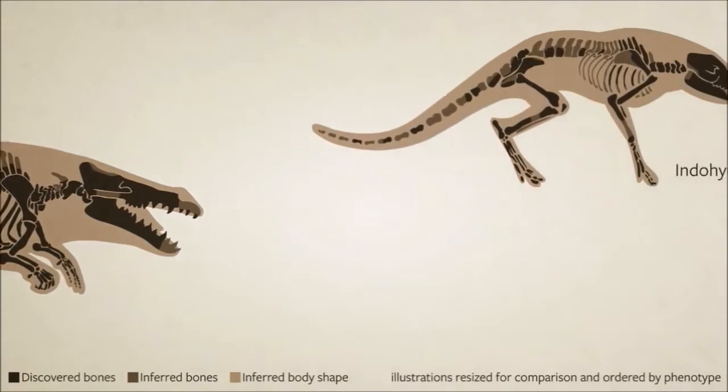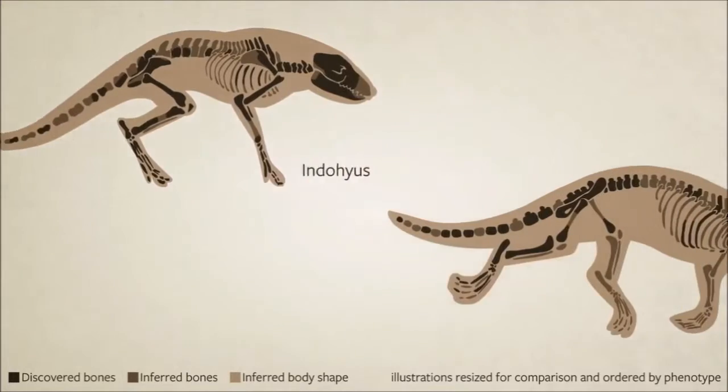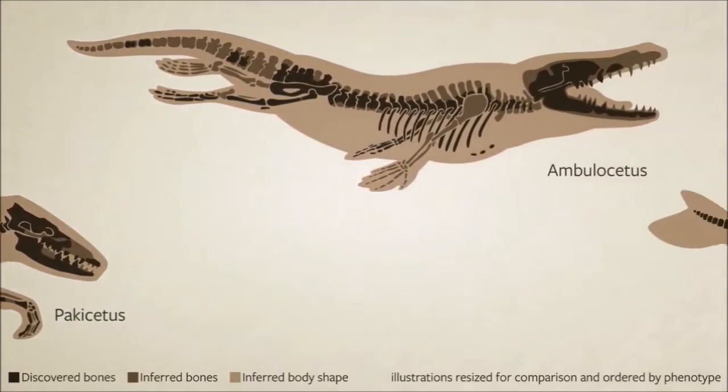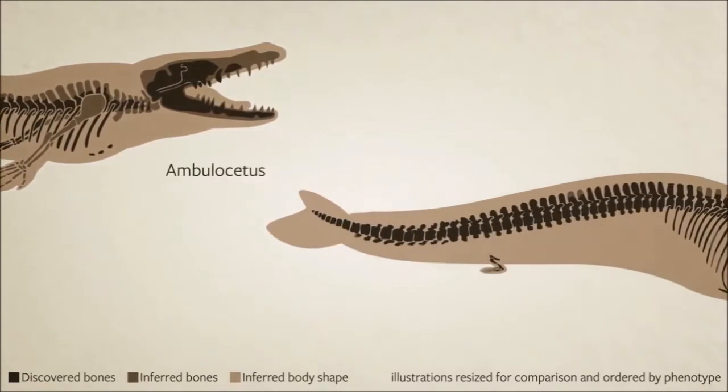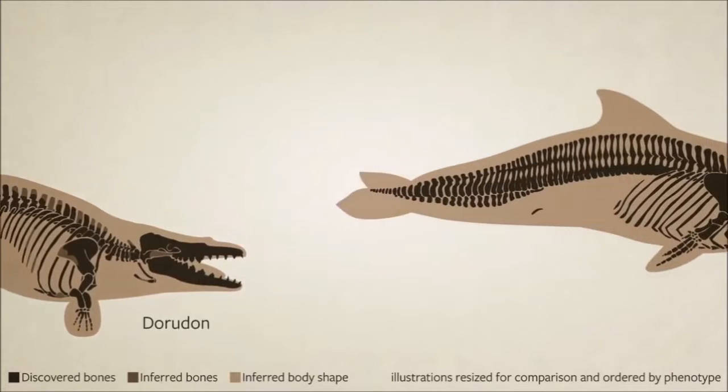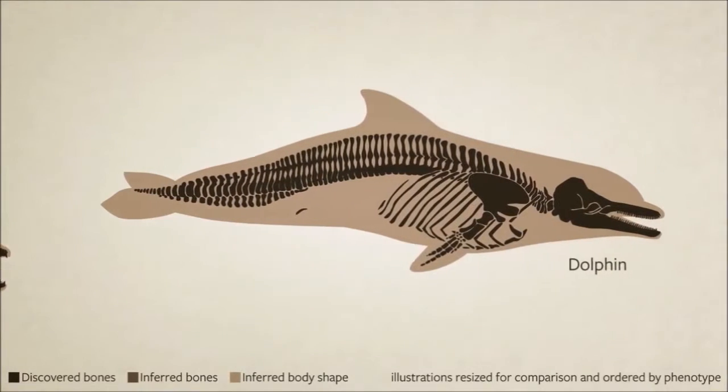Scientists have found the fossils of many ancient whale-like mammals and continue to find more. Together, these fossils blur the line between 4-legged land mammals and fully aquatic modern whales, solidifying the idea that whales indeed evolved from land creatures.